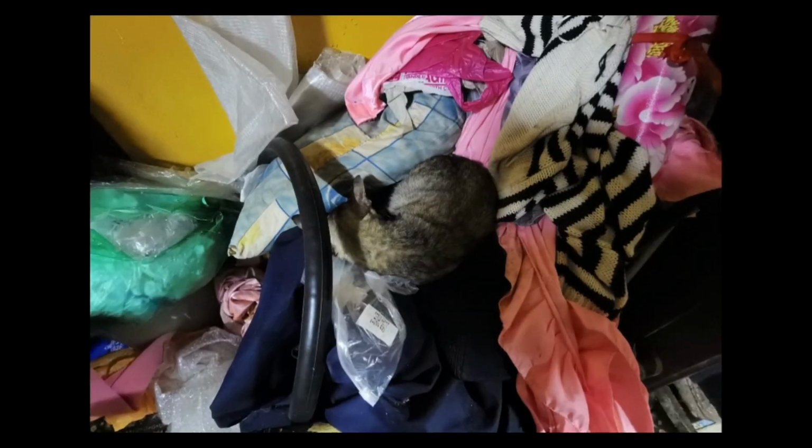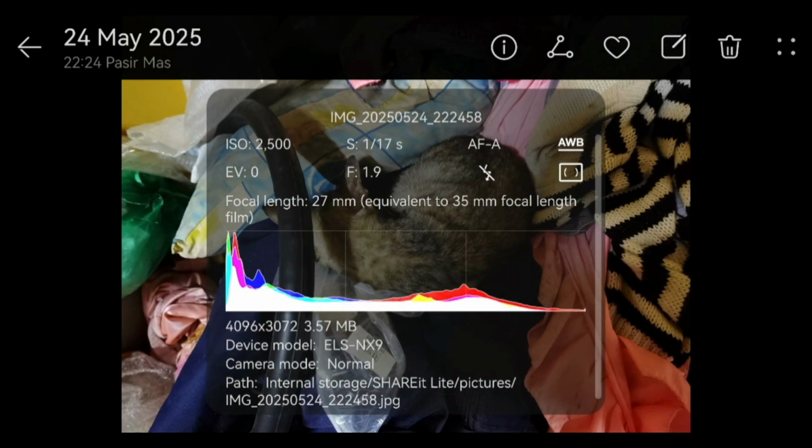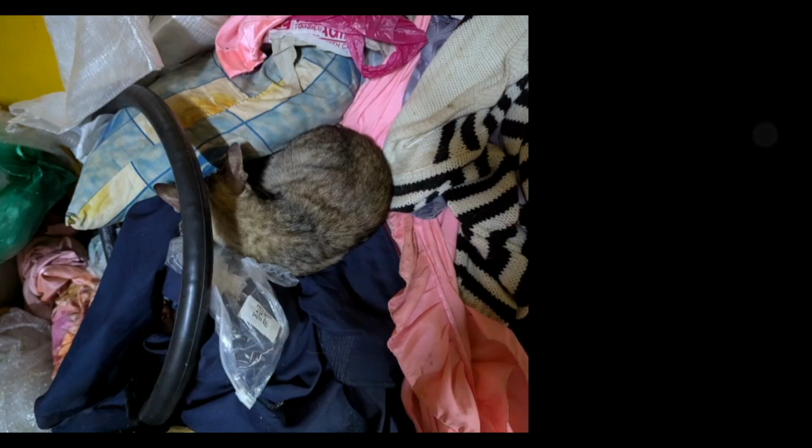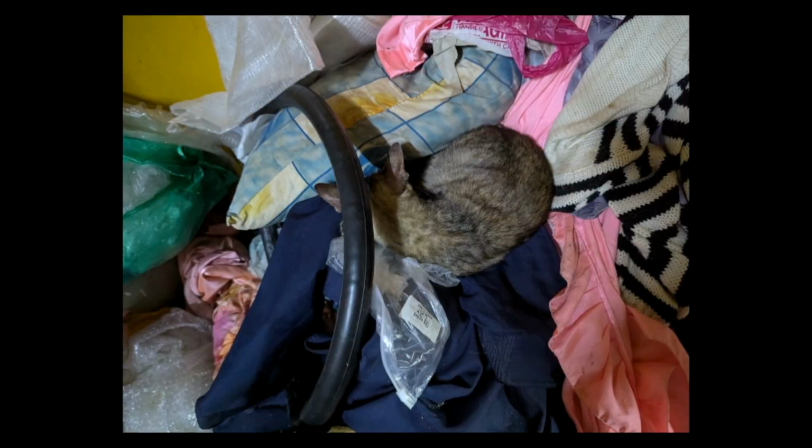So that's that. And now we're going to take a look at the sets of images from the main sensor. This one was taken with the Pixel and this one was taken with the Huawei. Now, taking a look at these images back to back, the Pixel did a better rendition of the image, while the Huawei goes for that warmer white balance. Now, in this case, I like how the Pixel rendered the image,